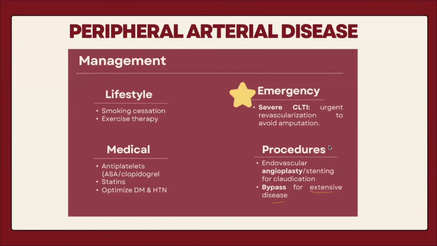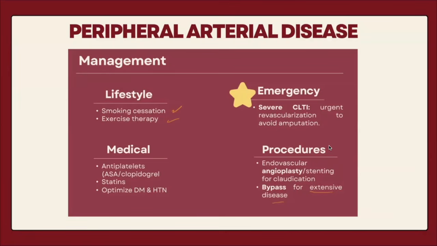For patients who are a bit better, say their ankle brachial index isn't right below 0.9, where it's an emergent situation, you can obviously suggest lifestyle changes: smoking cessation, exercise. You should probably walk around more, because as you walk around more, collateral vessels are being formed in your leg. So this ensures that there's at least some blood supply getting to your lower limbs. If you want to start them on medical therapy, so that's medications, you'd obviously give them antiplatelets, so it's less likely to cause any